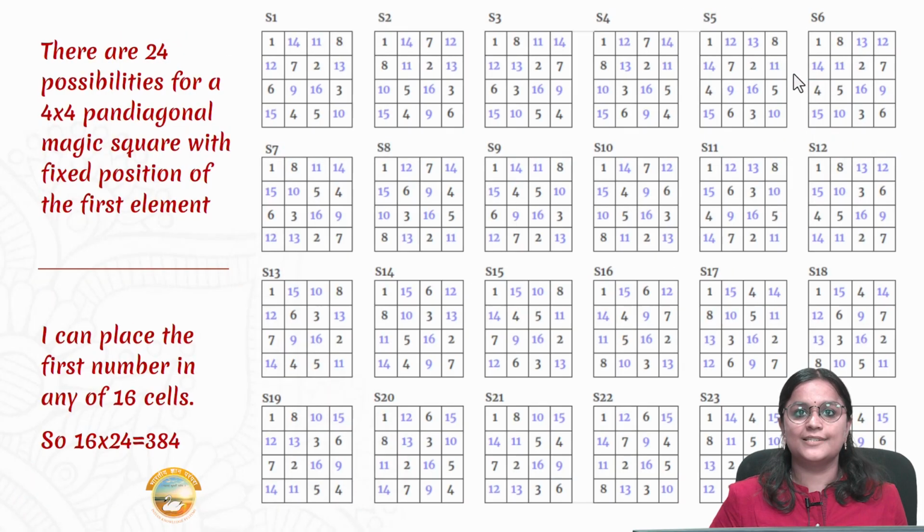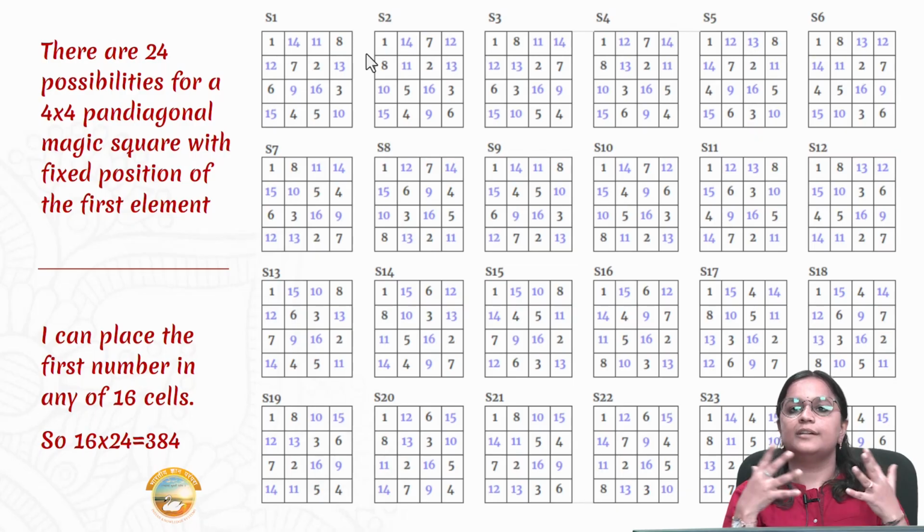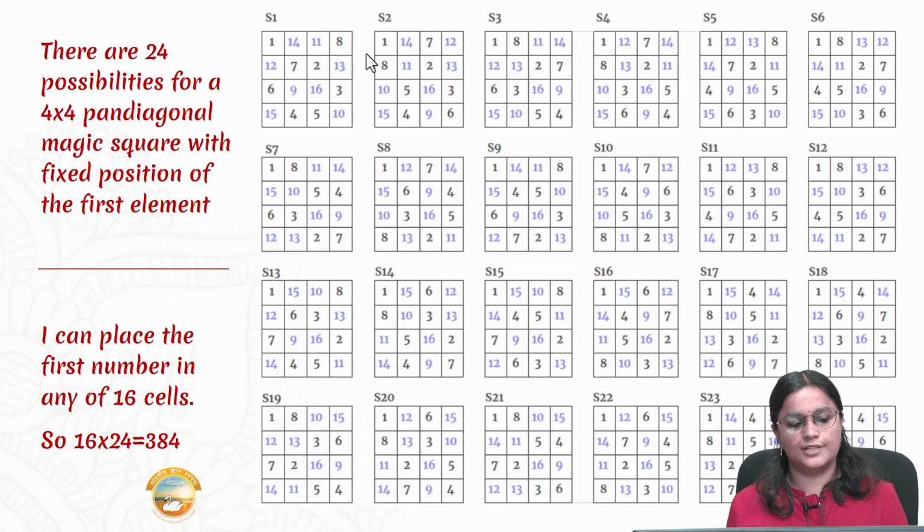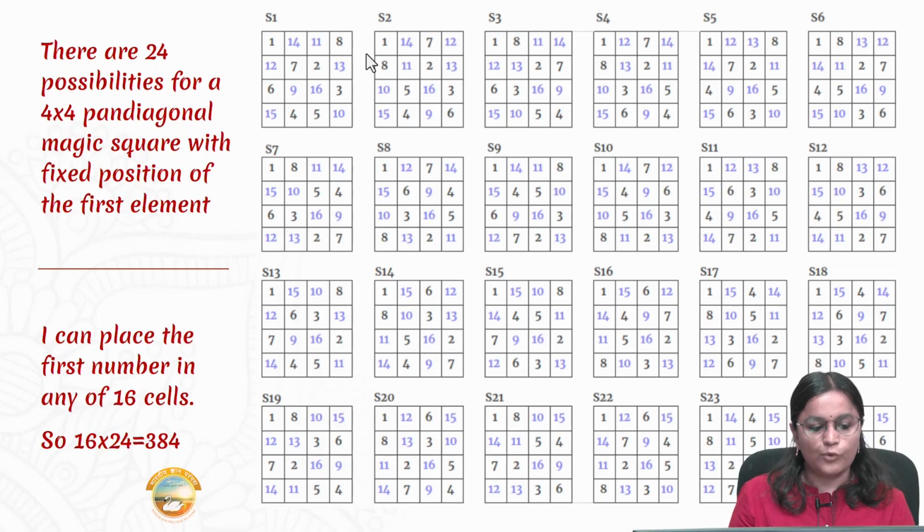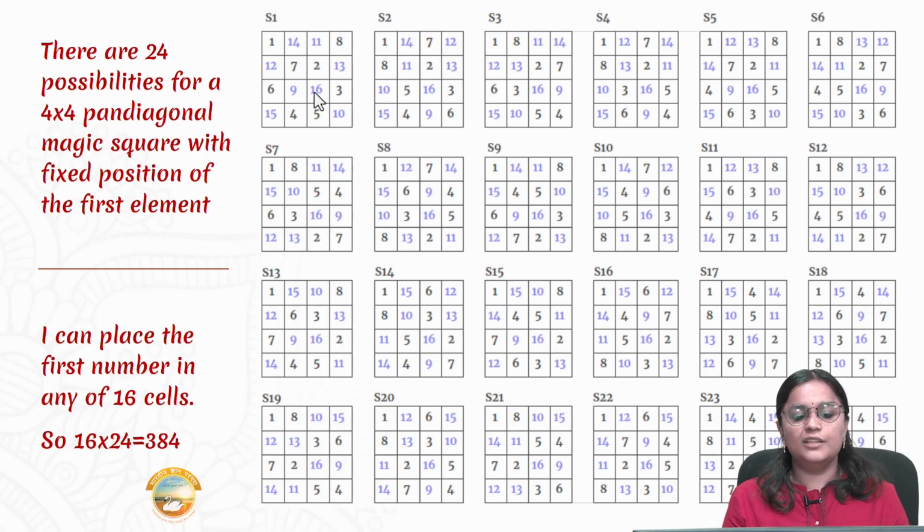As you saw in both our examples, we fixed the position of the digit 1, like you can see here on the screen, in the top left corner. And you will see, as you delve deeper into magic squares and try out different combinations and constructions yourself, you will see that there are 24 possibilities for a 4x4 pan-diagonal magic square with the fixed position of one element. Like here, you can see on the screen, there are 24 possibilities if we keep the digit 1 fixed in